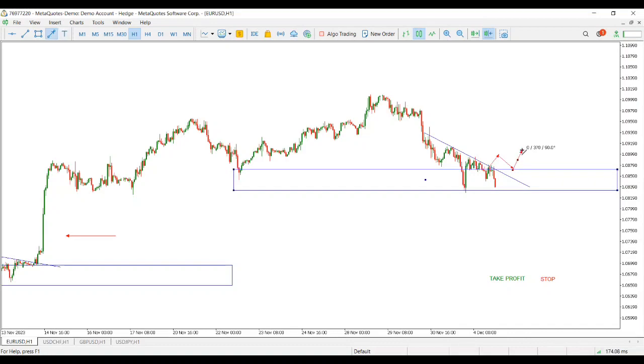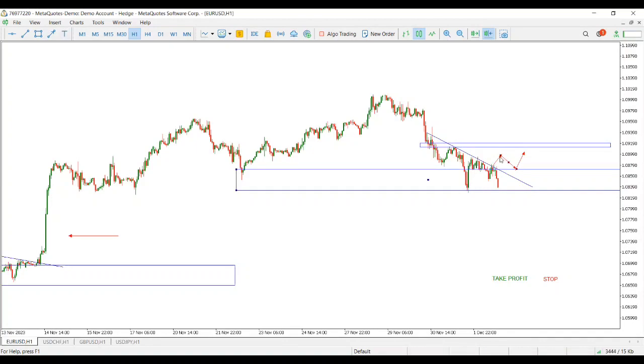But it is even safer if you wait for the market to break the previous high. What I mean is this: the market breaks this level, retraces to this level. Then it is safer if you wait for the market to do this